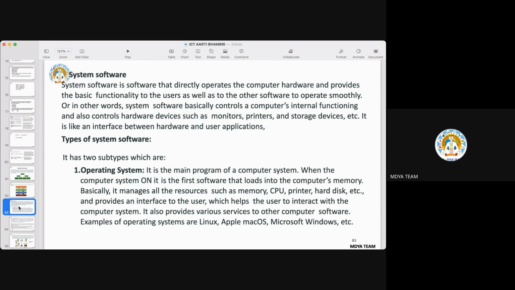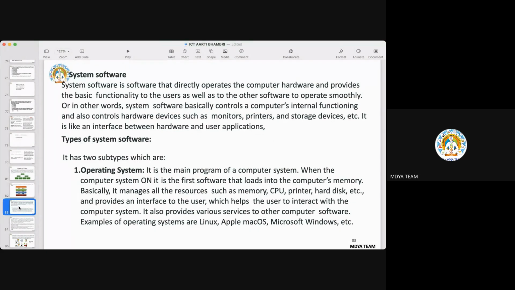So whenever you start your system, the first software that loads into the computer memory is the operating software, which we call the operating system, because this software manages all the resources, which includes your connection between your